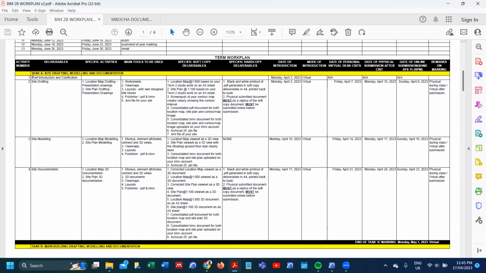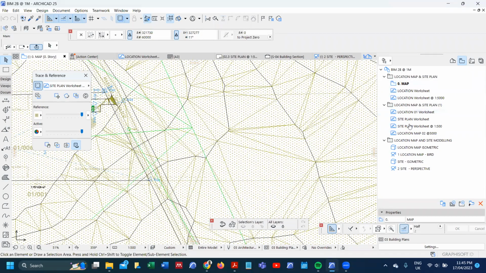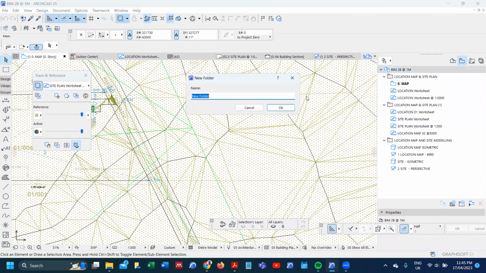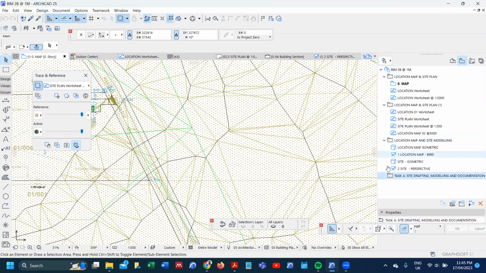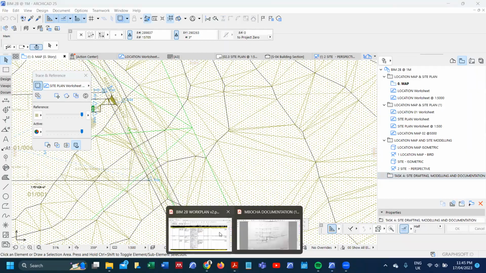So in our case, we have a work plan called task A. Let me just copy it. Don't waste so much time. With that work plan, I can decide to create a folder, give it that name. And then within that folder, I will have the various subfolders,